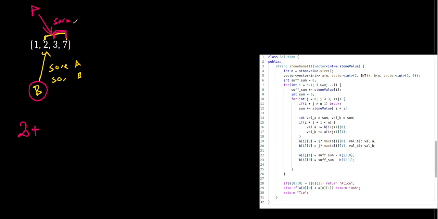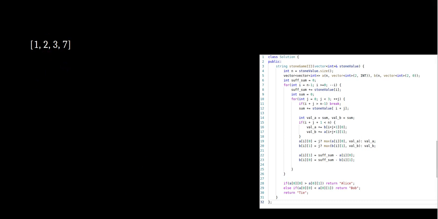What is the score for Alice, and what is the score for Bob? Assume this is x1, or any value like w1, and this is w2. So the score for Bob will be 2 plus w2, or Bob can take 2 stones, 2 plus 3 plus, we will do the same, the solution for this subarray. Now notice that we need to solve the smaller subarray first, and this is why we need to start from the last element. So we have 2 tables,